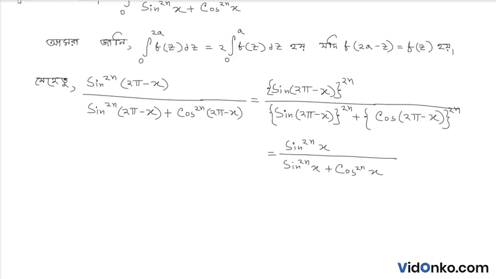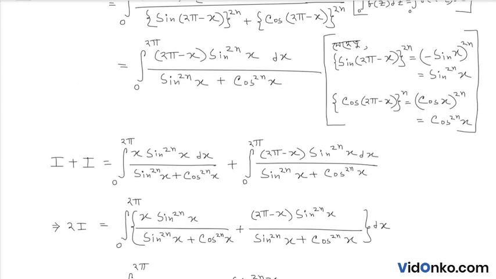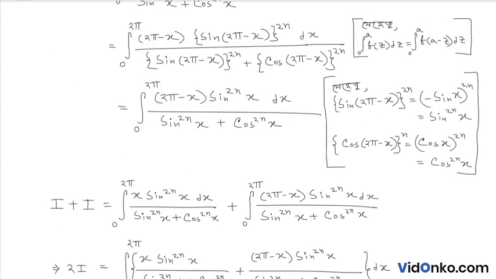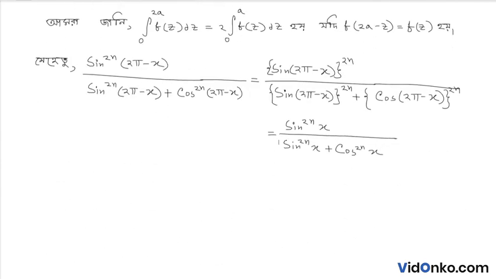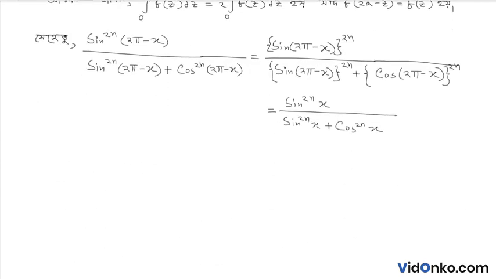কারণ আমরা যদি দেখি, এখানেই আমরা আগে পেয়েছি sin(2π − x) whole to the power 2n equal to sin to the power 2nx। একই রকম ভাবে cos এর ক্ষেত্রেও আমরা পেয়েছি cos to the power 2nx। সুতরাং I1 equal to 2 into integration 0 to π sin to the power 2nx dx by sin to the power 2nx plus cos to the power 2nx।